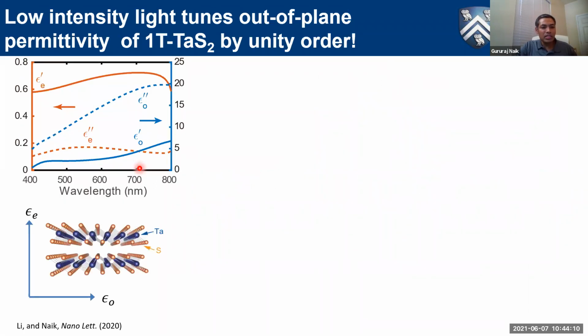We thought maybe light is doing something. Let's actually study carefully what light does. So we first started with very low intensity white light. When I say very low intensity, we actually picked 10 milliwatt per centimeter squared, which is roughly 0.1 sun. Okay, so with 0.1 sun intensity, we characterized the optical constants. So this is a uniaxial material. In the plane of the layers, we have these blue optical constants. And in the direction perpendicular to the layers, which is the C-axis, we see the extraordinary, these red optical constants. So in the visible, it's basically just a lossy dielectric, nothing special.